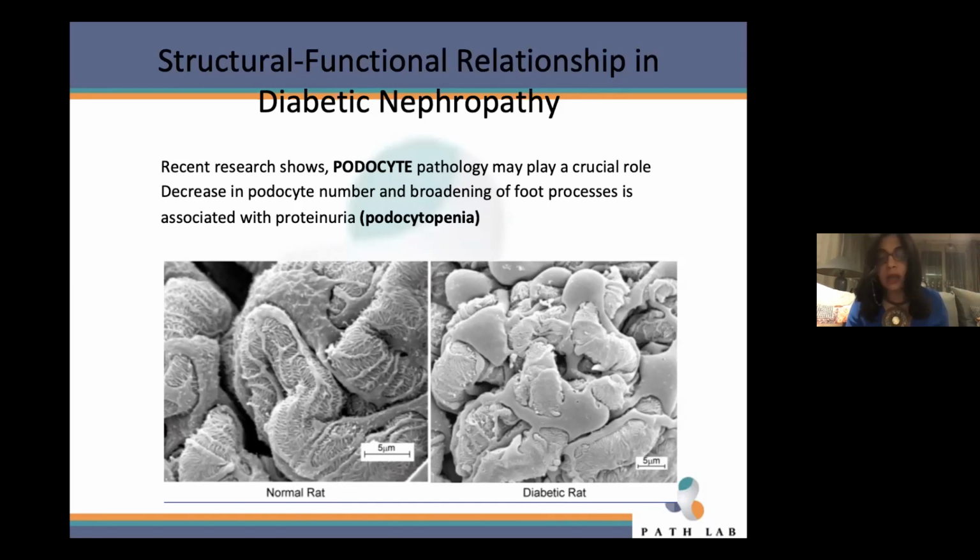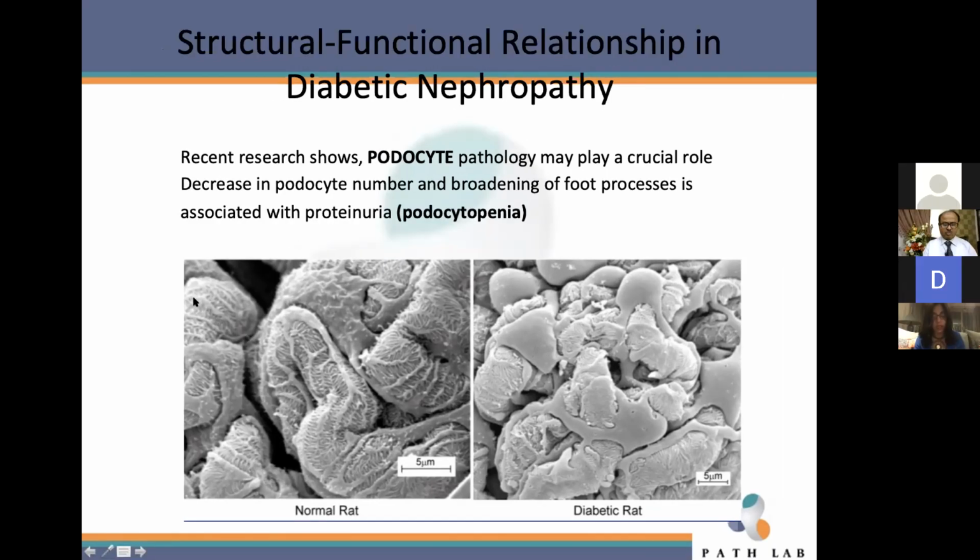There is decrease in the podocyte number and broadening of foot processes, which is associated with proteinuria and eventually get podocytopenia. And this is why you can get a heavily proteinuric patient with short duration of diabetes and with a light microscopy, which does not give you the classic nodular sclerotic pattern. And this is why if you have two patients with the same class, like nodular sclerosis, one have heavy, remarkably heavy proteinuria, and the other has a non-nephrotic range proteinuria. So it's probably related whether this patient developed a podocytopathy or not, if they don't have, of course, an associated non-diabetic renal disease as membranous.